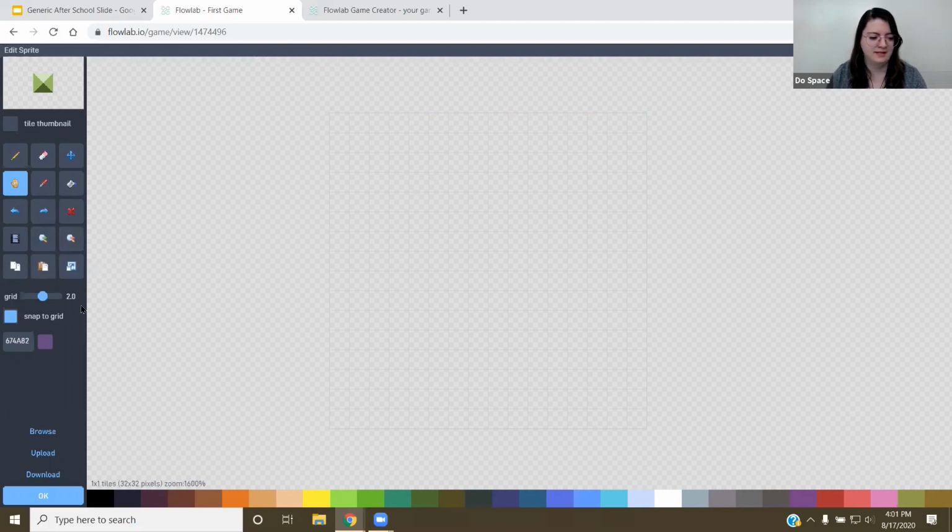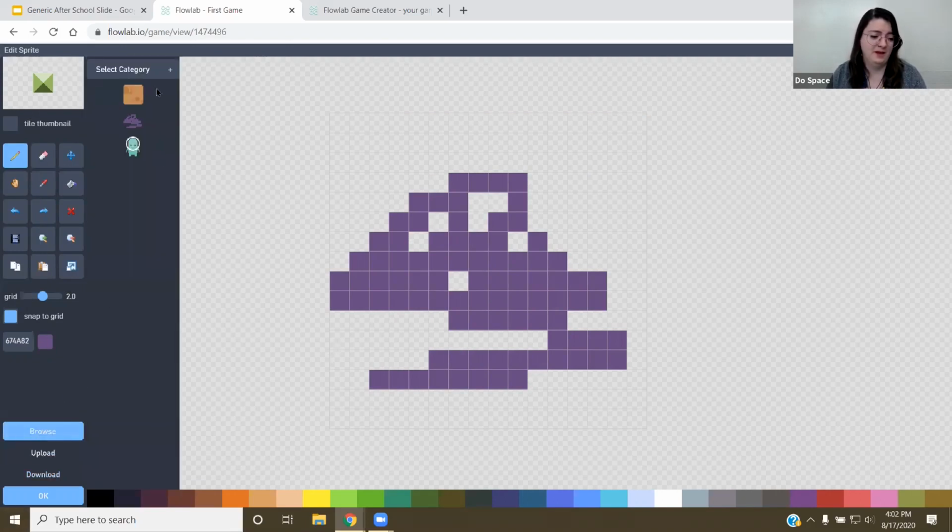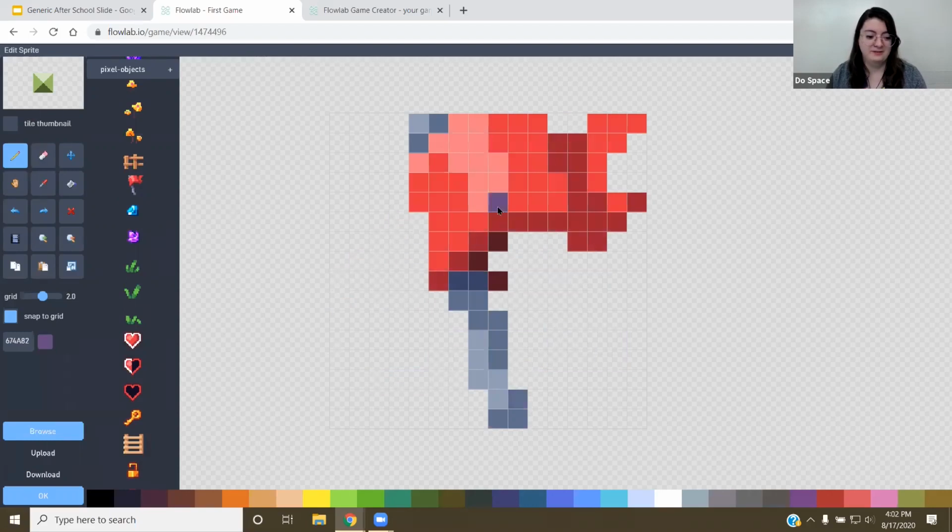You can make it snap to the grid. You can change the grid color right in here. You can, yeah, just basic paint things that you can do in here. Or you can always go through browse and go through a gallery and go through the different objects that we have here. That's loading. So we don't have to spend so much time making it. And you just click on it and it makes it that.